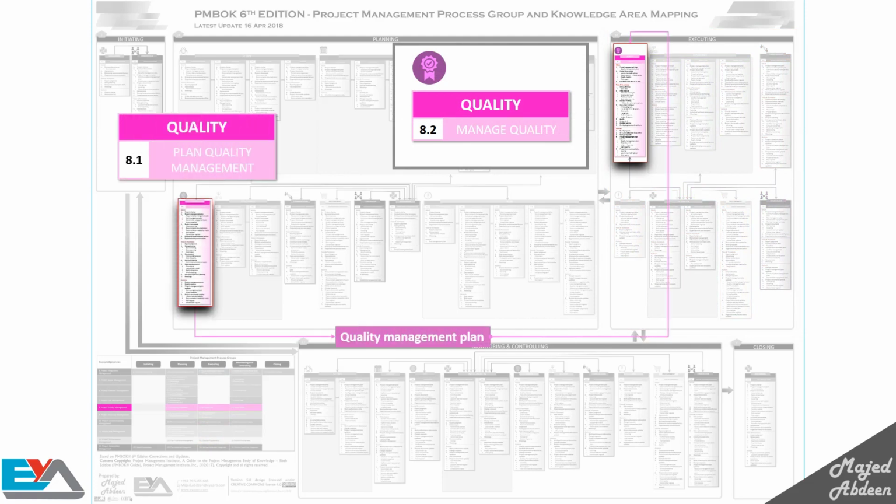This process is also known as quality assurance, which is what it used to be called in the previous versions of PMBOK. But using the term managed quality is broader than quality assurance. As you can see here, the output from your quality planning is used as an input to manage quality. This is the concept for all of the processes. In this process, you execute your quality plan and audit your work to make sure that project activities comply with the organizational and project policies, processes, and procedures in order to meet the quality objectives.